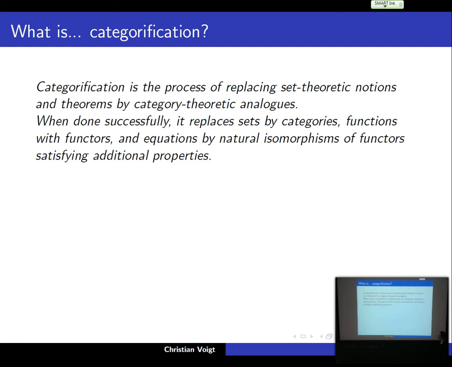Categorification is the process of replacing set theoretic notions and theorems by category theoretic analogs. So basically, you replace sets by categories, functions by functors, and equations by natural transformations or isomorphisms. And then you get some perhaps further structure and properties. And just to get started, to give you an idea of what that means,